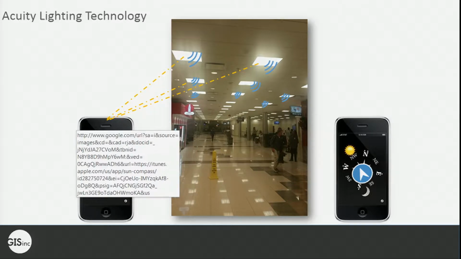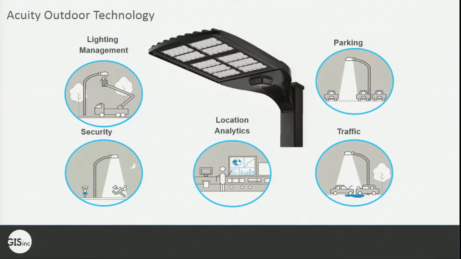The other thing that Acuity is doing that we think is interesting is they're also working with an outdoor space. So we have GPS, and things at that macro level, but there are still sometimes needs at a micro level, right? So I'm in a parking garage, under a deck, somewhere GPS doesn't work or I can't quite get the accuracy. So they're also promoting things like outdoor lighting, which is a Wi-Fi technology. So with that, I can now do more micro. I can work in parking lots. I can do other things where the GPS wouldn't be sufficient. And one other